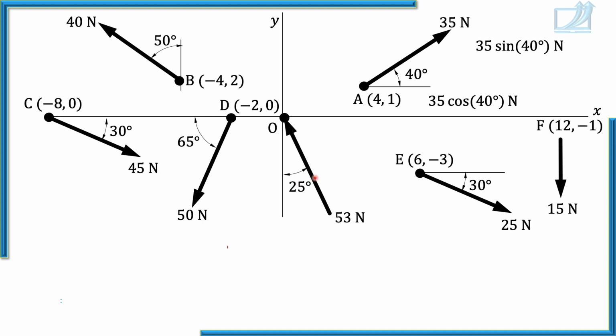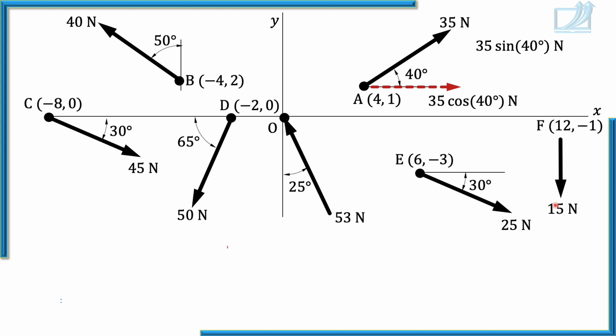It is leftwards, upwards. Remember, I am not asking you whether this force is on the right side of the y-axis or left side of the y-axis. Also, I am not asking whether this force vector is above the x-axis or below the x-axis. I am talking about direction. And when you move in the direction of this force, you will find that you are moving leftwards and upwards simultaneously. So this direction is leftwards, upwards. Similarly, this direction is rightwards, downwards, and this direction is downwards.